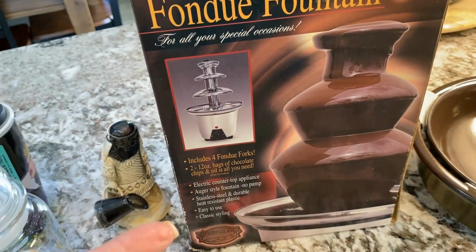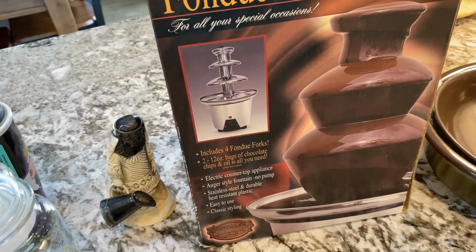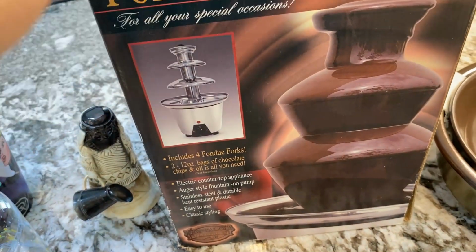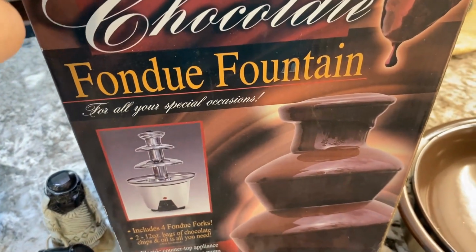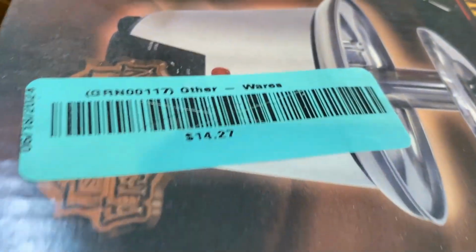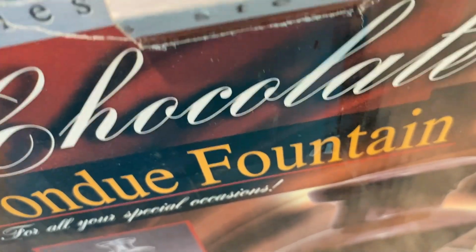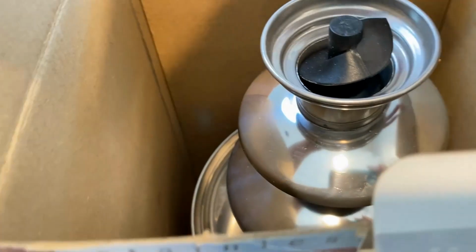My husband tried it at the store, and it did work. It rotated, but we don't know if it heats up. So we're going to try it out sometime soon, before the open house, and make sure that it works. But we paid $15 for it, well, $14.27 at Goodwill, and this is what it looks like in there. I haven't even taken it out or looked at it really. I just took the sticker off, but